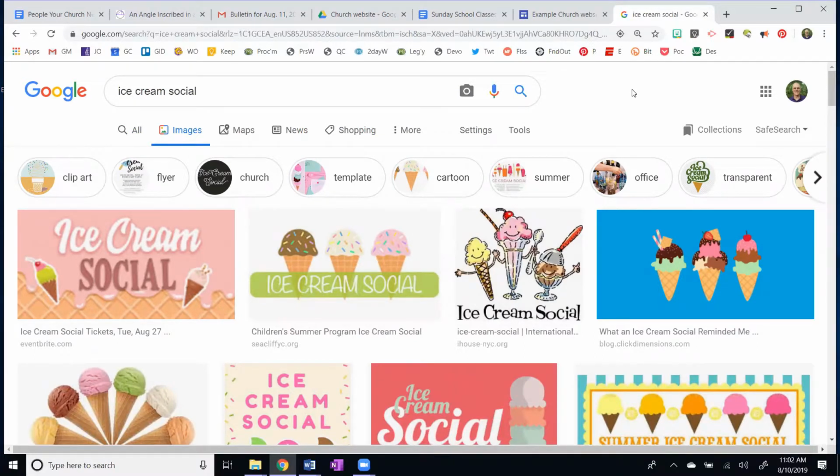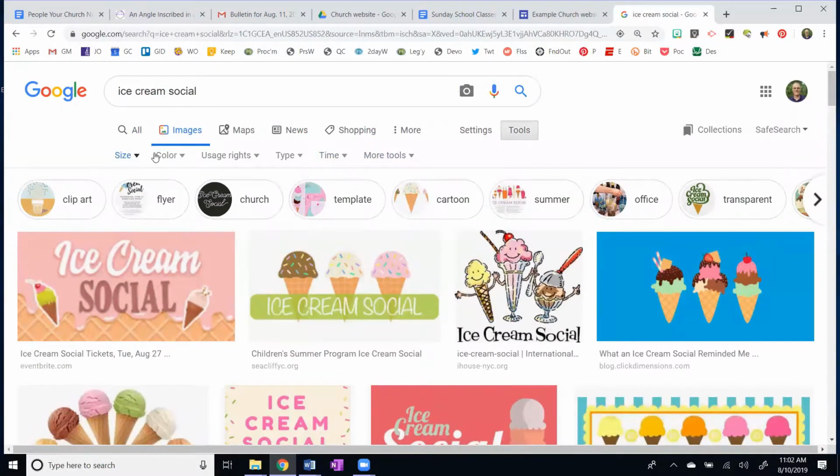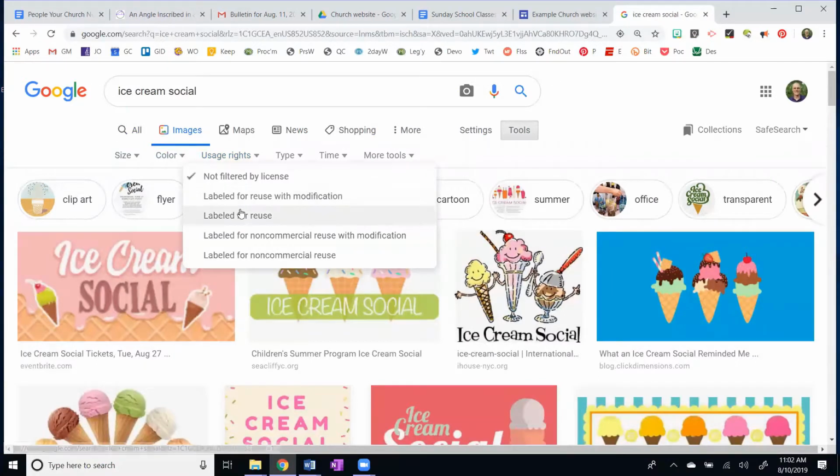Now, it is not legal to use all of these, but there's an important thing here. Tools. If you hit tools, right down here are some other tools for searching for images. And here's usage rights. I use this on a daily basis. Labeled for reuse.